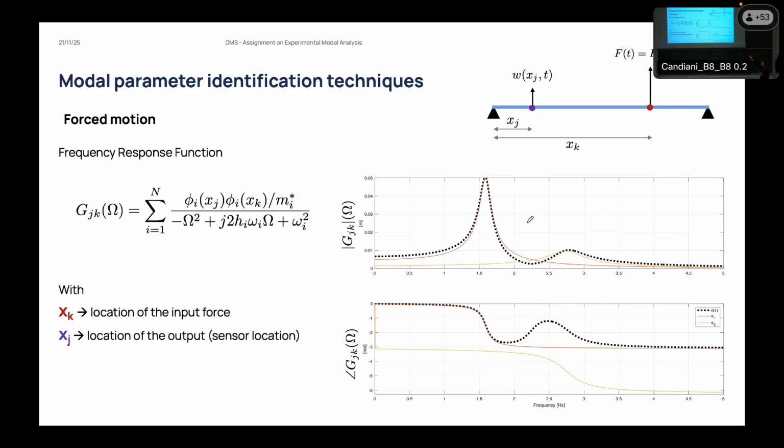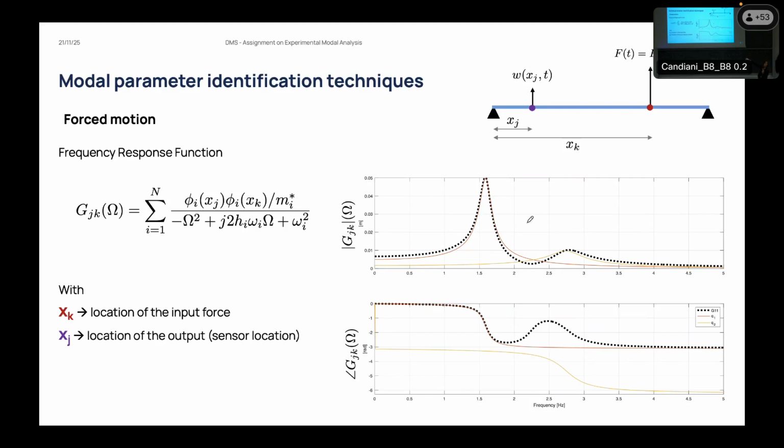If you look at the plot you have on the slides, this is the response of a 2 degrees of freedom system, and then you have the contribution of Q1 and Q2, which are the red and the yellow curves. And then you have the dashed curve that is the combination of the two. As you can see, if you focus on the neighborhood of the first red resonance frequency, it is okay to say that the black curve can be approximated with the red one, both in terms of amplitude and in terms